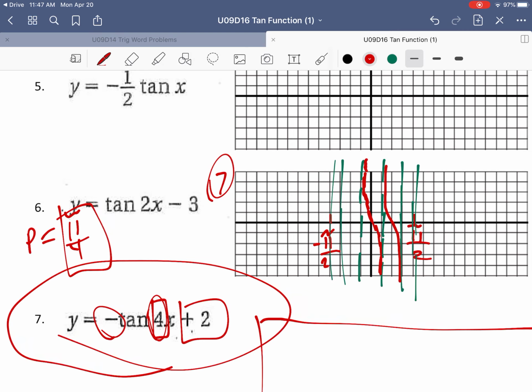And we're just going to repeat that graph several times. Now this graph is going to start at negative infinity and approach 0. The last graph would have started at